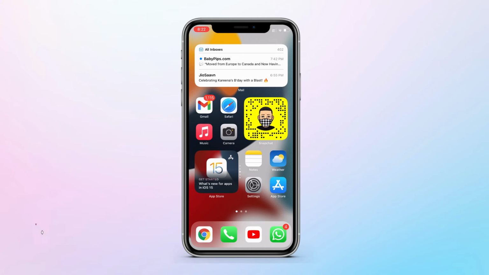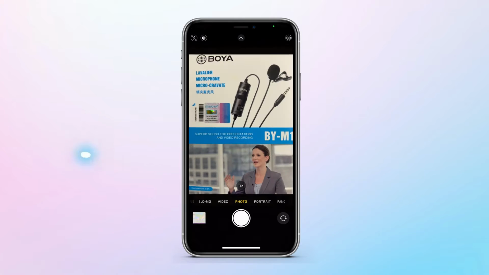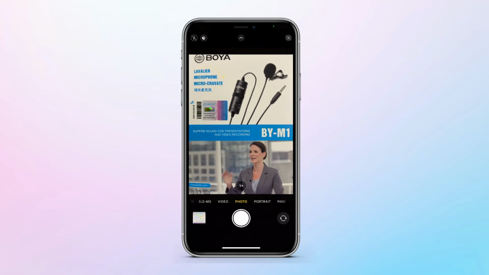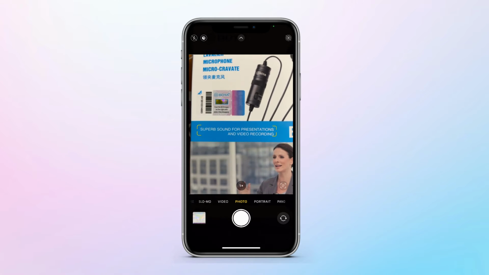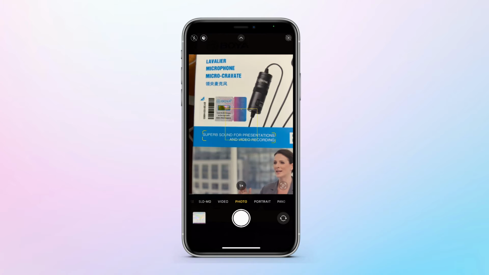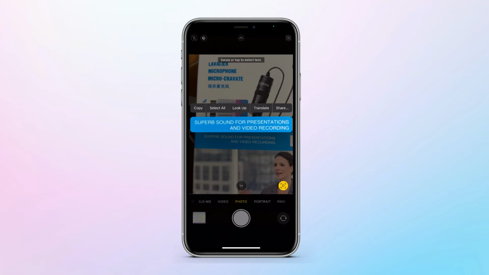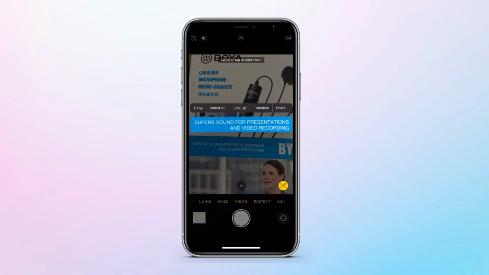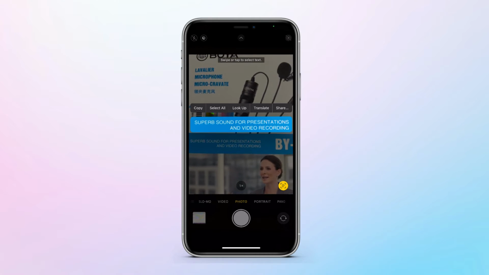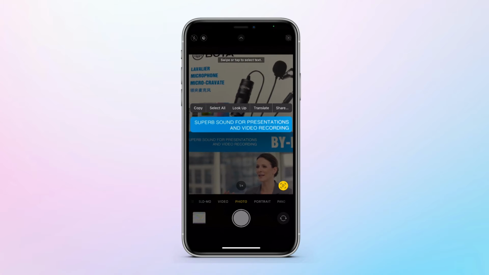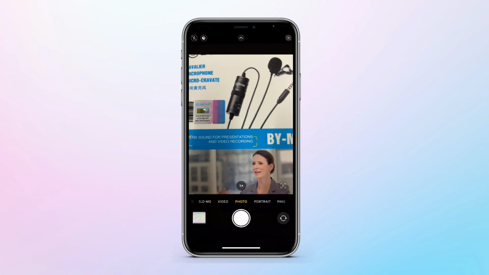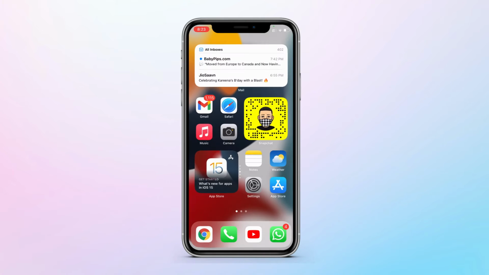Now the best feature in iOS 15 is called Live Text. Live Text allows your iPhone to recognize text in real time. That's totally amazing. Here, as you can see in the camera, if you have any text, email, website, whatever, your iPhone will recognize that, and you also get this Live Text icon in the bottom right corner. If you tap on that, you can see little brackets around here. It will recognize that text, and I can copy it from here and paste it into Notes just like that, which is pretty awesome. You can also do the same in Photos too.